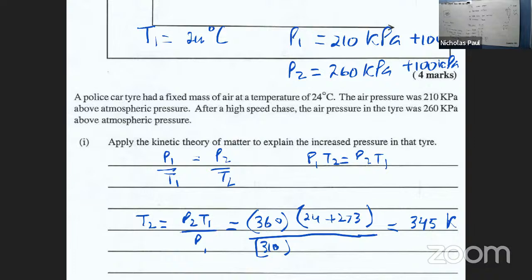Anybody else get 345? Yeah, 345 Kelvin, right? You can convert to degrees if they ask you. How do you convert to degrees again? Minus 273. All right, now